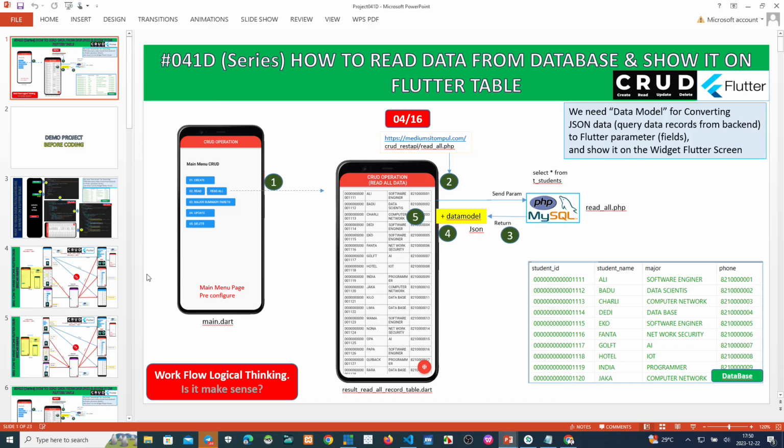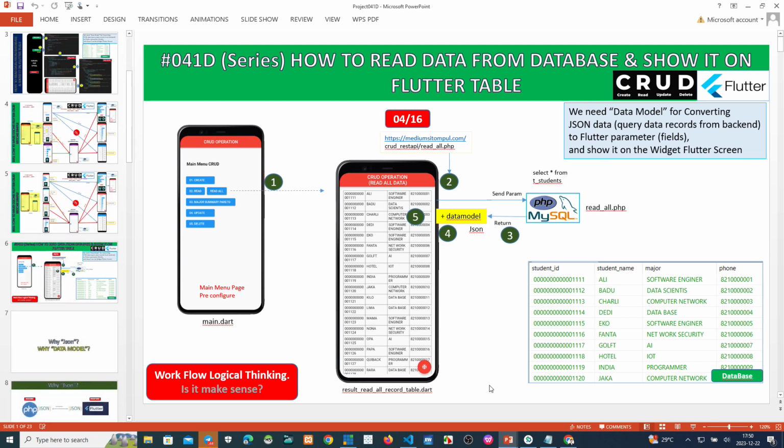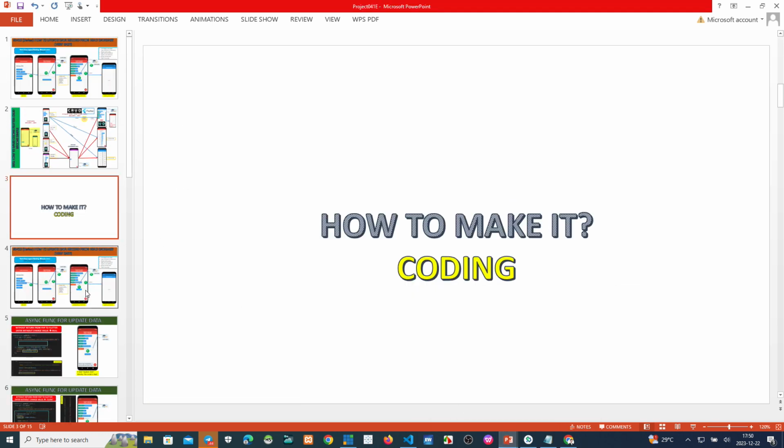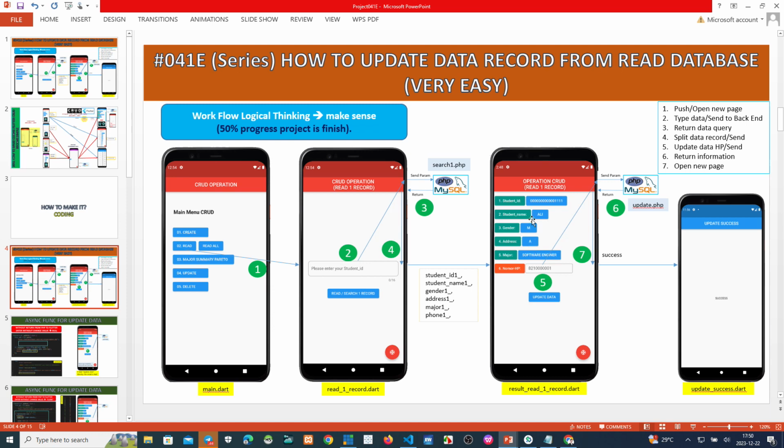We must concern this page, yeah, because this page and this page and also this we have explained before. We have a previous project on how to make this one. Okay, now we focus on program number 5, this one.